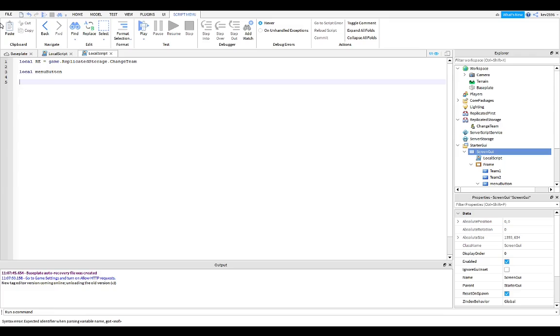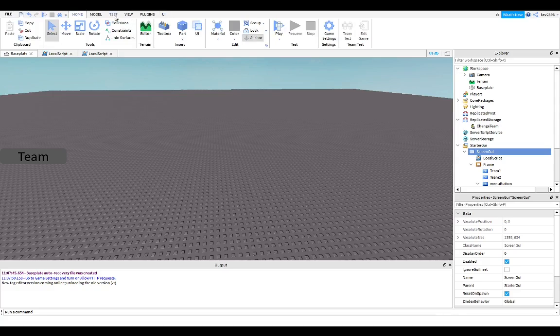and next line we're gonna do local frame is equal to script.Parent:WaitForChild, and we're gonna do "Frame" in quotation marks. So Frame, and the reason we could just put a dot Frame, but we're doing WaitForChild so it loads correctly. And we're gonna do, but before we go on, we gotta go to home, or